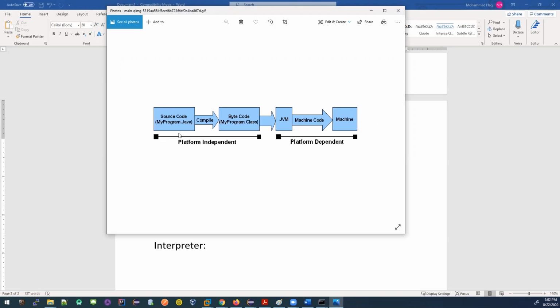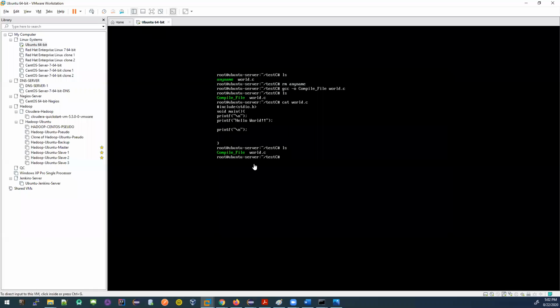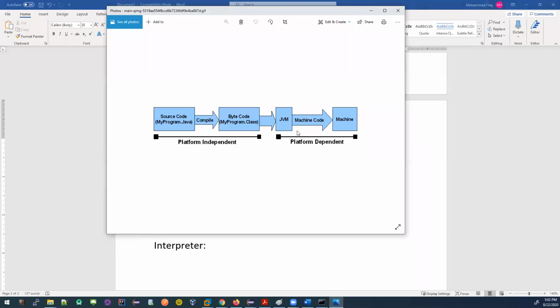Now, I told you about the source code, right? Java source code should have an extension called .java. Any file name, but the file name should have the extension .java. Now, when you have this source code, you can compile it with the Java compiler. Here, the way I did it, I compiled this code using the C compiler, the C programming language compiler. If I use the Java programming language compiler, I can call it the Java compiler. The Java compiler will compile; compile means it will take this source code and change it to another file.